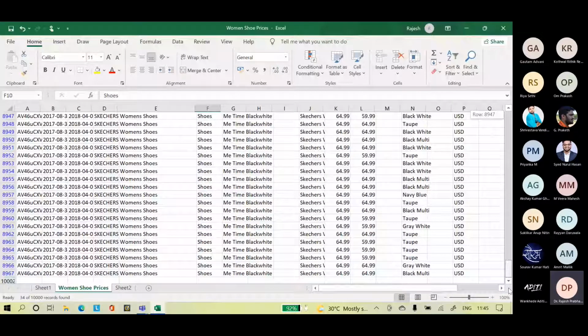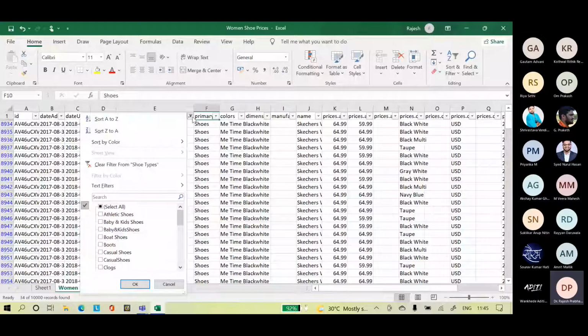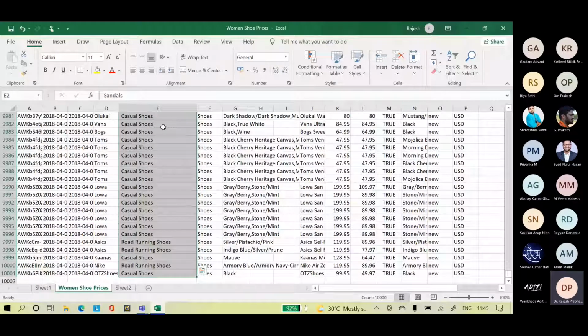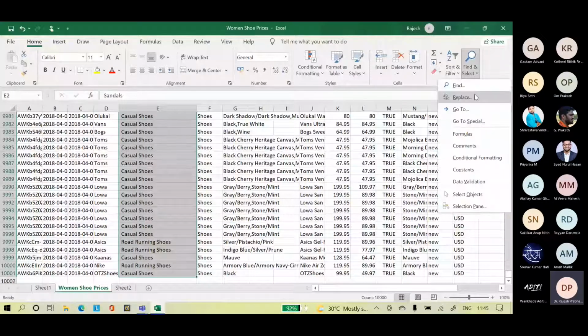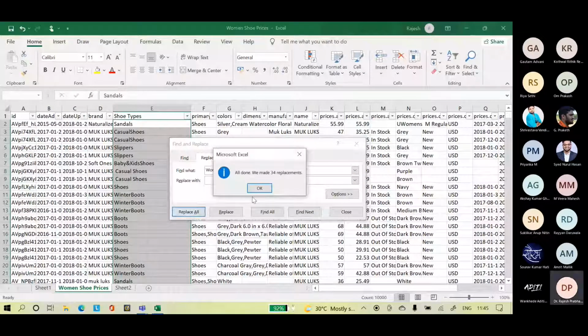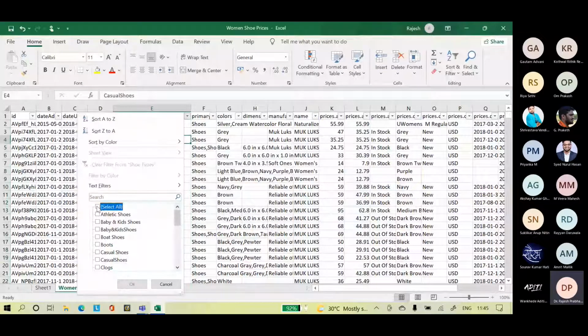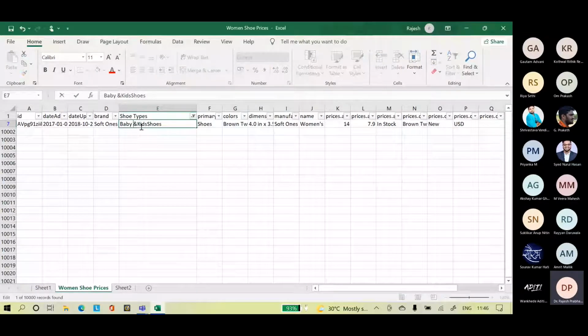This is a significant category, so we will replace this also, women's also, without apostrophe. So basically, we have to do this cleanup process to get some sort of understanding of our data. Only one is there, baby and kids shoes.